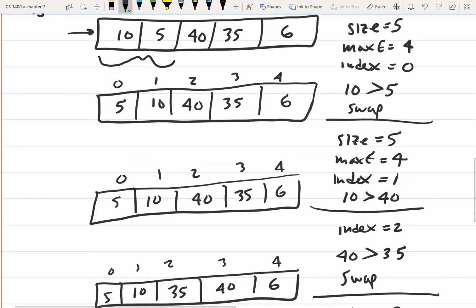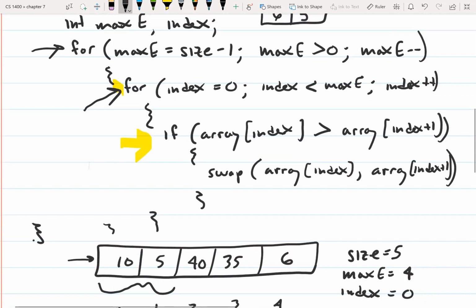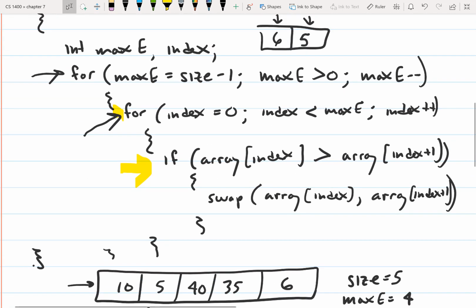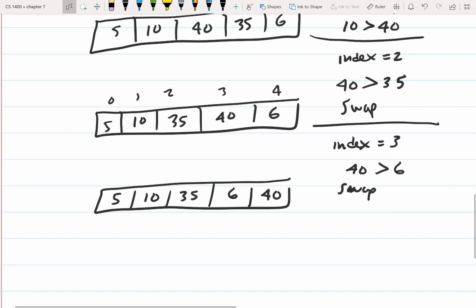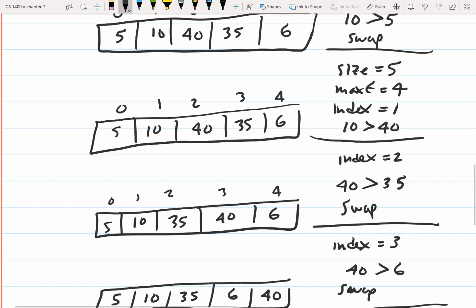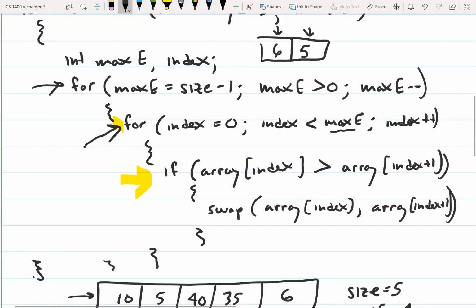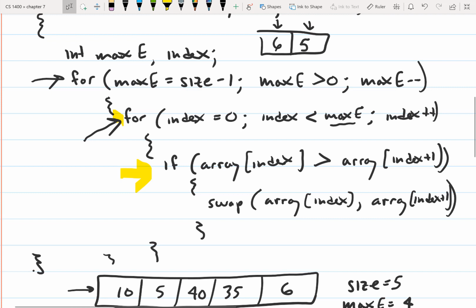All right, we've gotten to the end of this inner loop, because notice how if index is less than max element, on our next iteration, index is equal to 4. Well, max element is also equal to 4. So it's going to exit this inner loop. And if we go back up here and look at the code, now we're back at this outer for loop